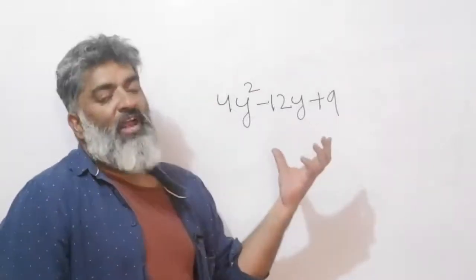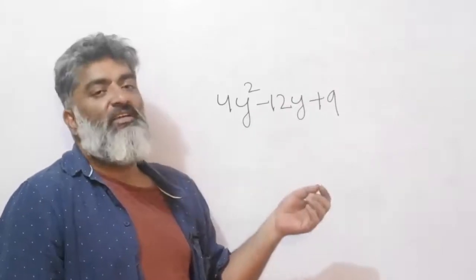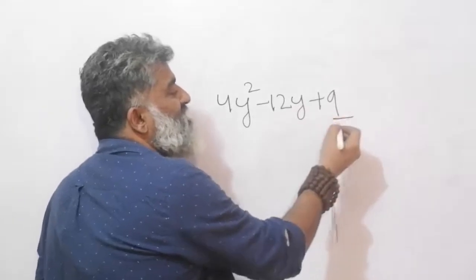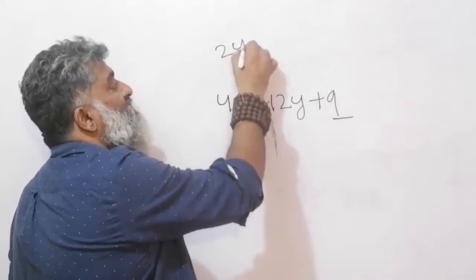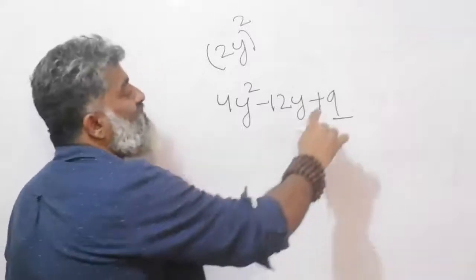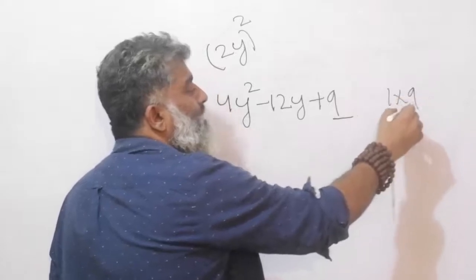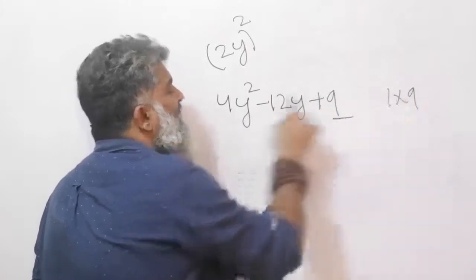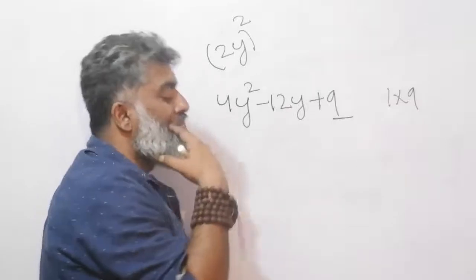So this is what we want to factorize, and after the recent discussion this should be slightly easier rather than just facing it directly. Again, my starting points are still the same. I know this is the product, and if there is a 4y square, the only possible situation I can think of is 2y into 2y as such, right? So I have a 9 here, and a 9 could be a 1 into 9, right? And I know this has to be a sum, so 9 plus 1, 10. Even if I forget about this story, 10 into nothing gives you 12, so that story is not going to